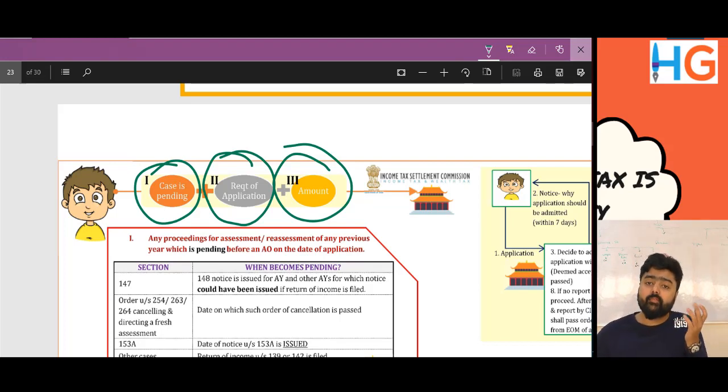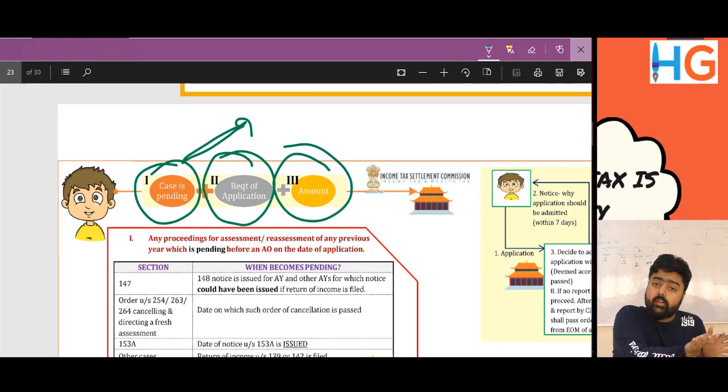What will an assessee do? Now, has an order come? No, a notice has come. So the first condition is cases pending. Cases pending means notice has been issued to me, but order has not been issued to me. So before the notice has been issued, I cannot go to settlement commission.